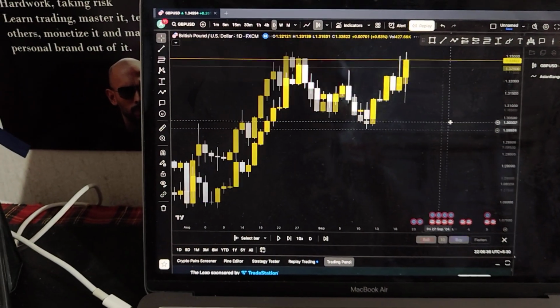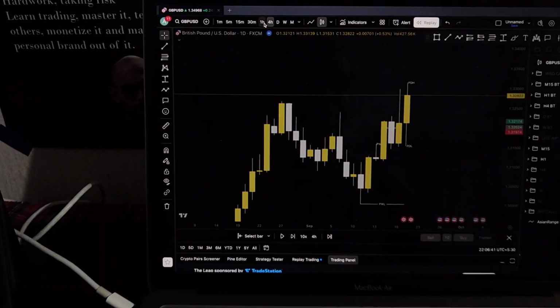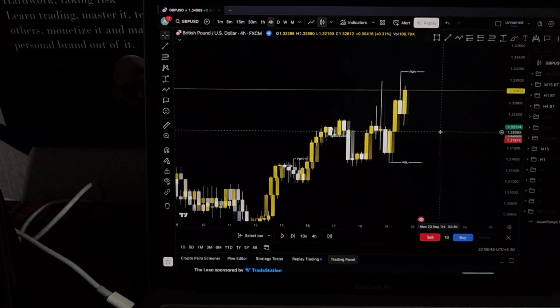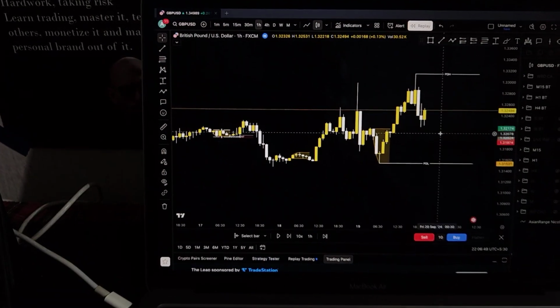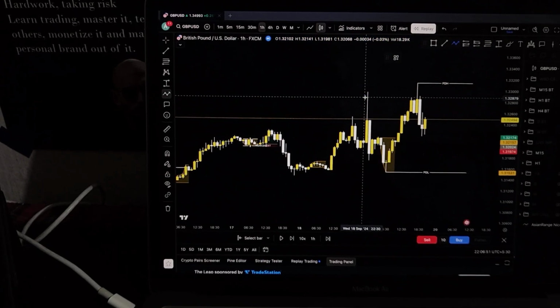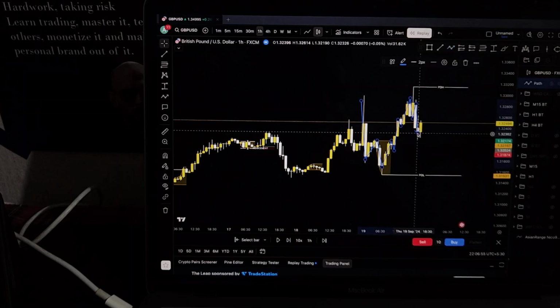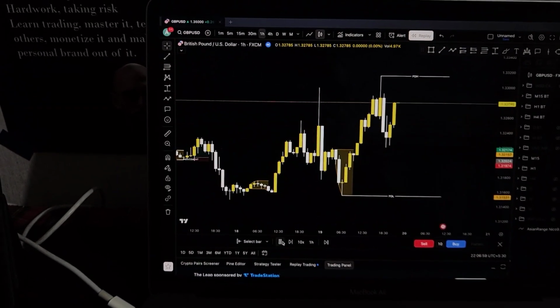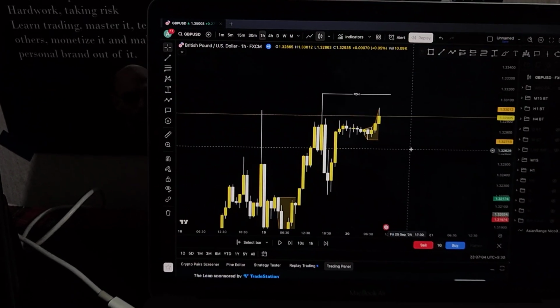So on GBP USD I'm looking for buys, and obviously if I'm looking for buys, I'll go to the 4 hour, look for some change of characters or break of structures, which there were none in this case. So we'll go to the H1 again. Even on the H1 there was no supply. Okay, so on the H1 there was lower highs, lower lows, higher high, higher low, higher high, lower high, lower low. Even on the 1 hourly there was no sort of change of character, I believe. Was it? There was no change of character even on the hourly.